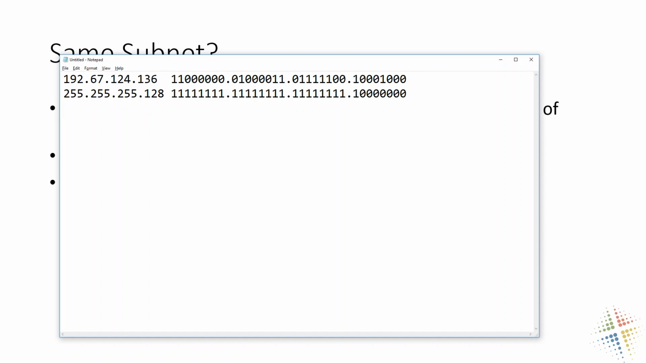And so I can now AND these together in order to identify what its network is. To AND these together, 1 and 1 equals 1, 1 and 1 equals 1, 0 and 1 equals 0, and so on and so forth. So I come out with,